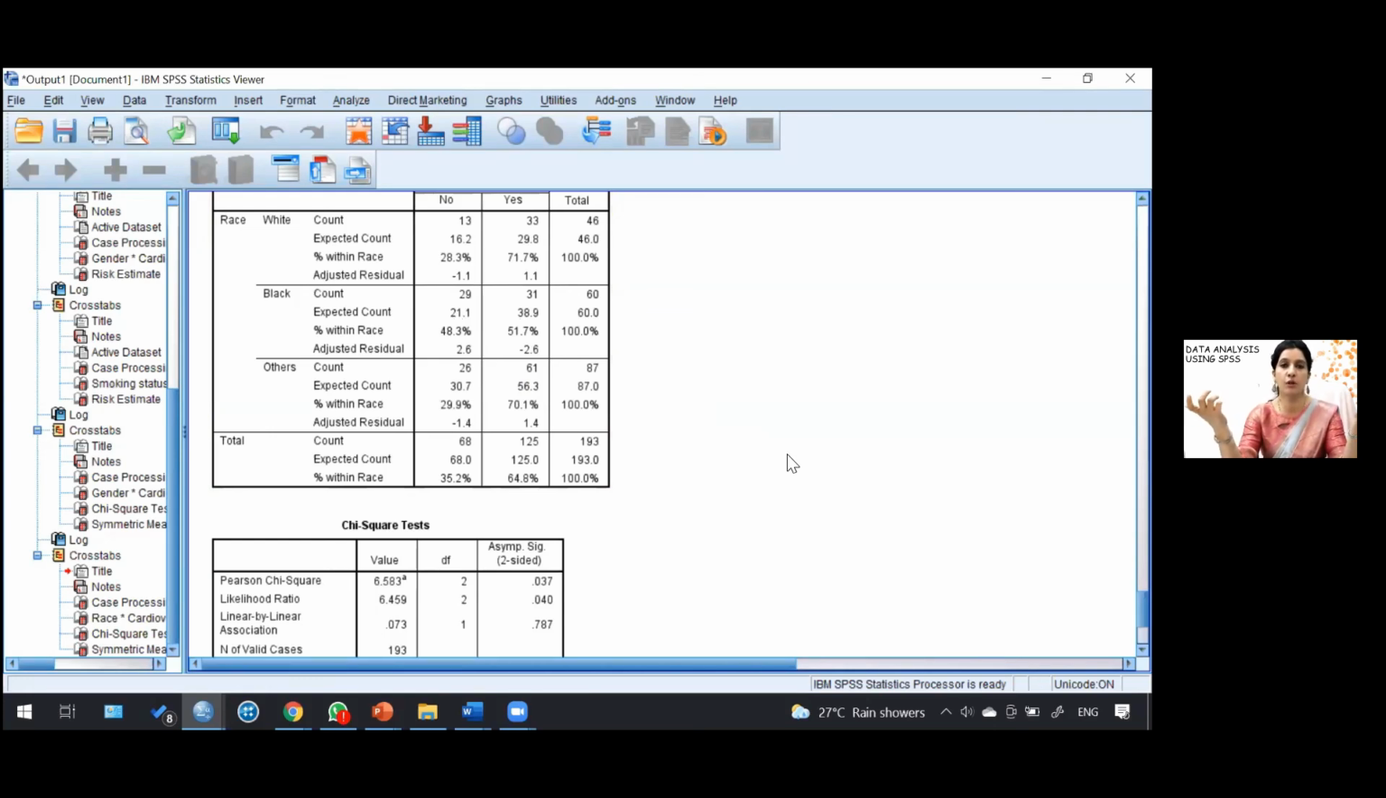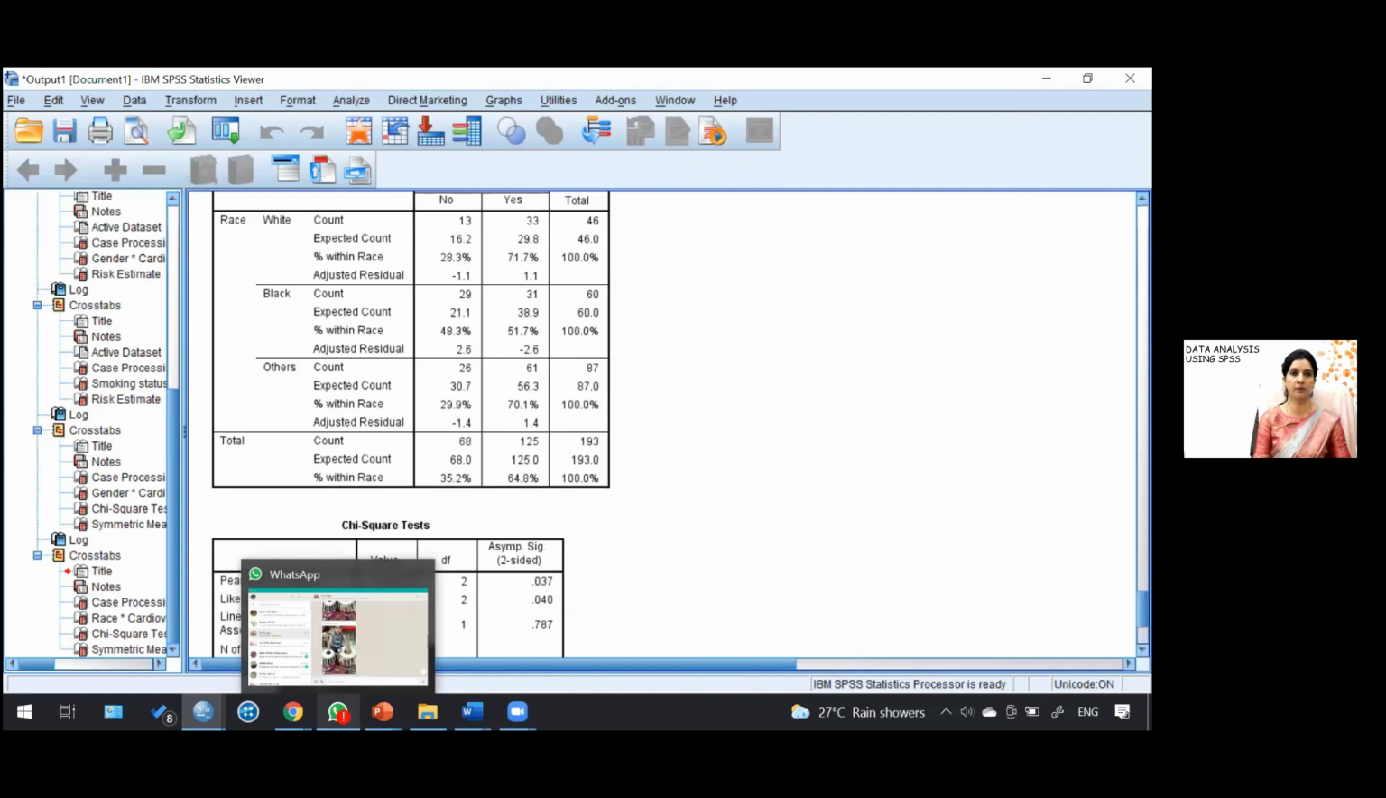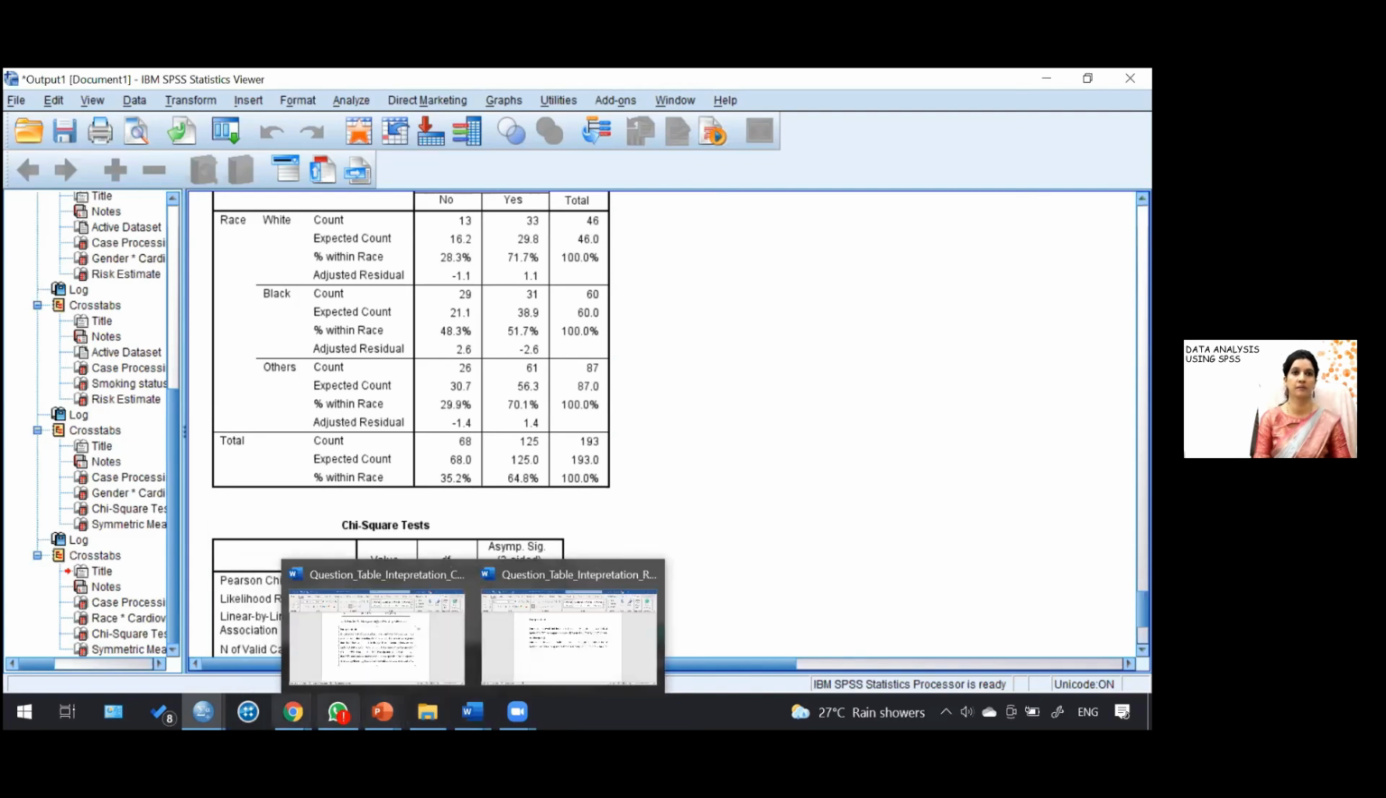So this is a sort of post hoc analysis. Okay, so in a 3x2 table, similarly in a 3x3 table also we will see. So if I go back to the data,